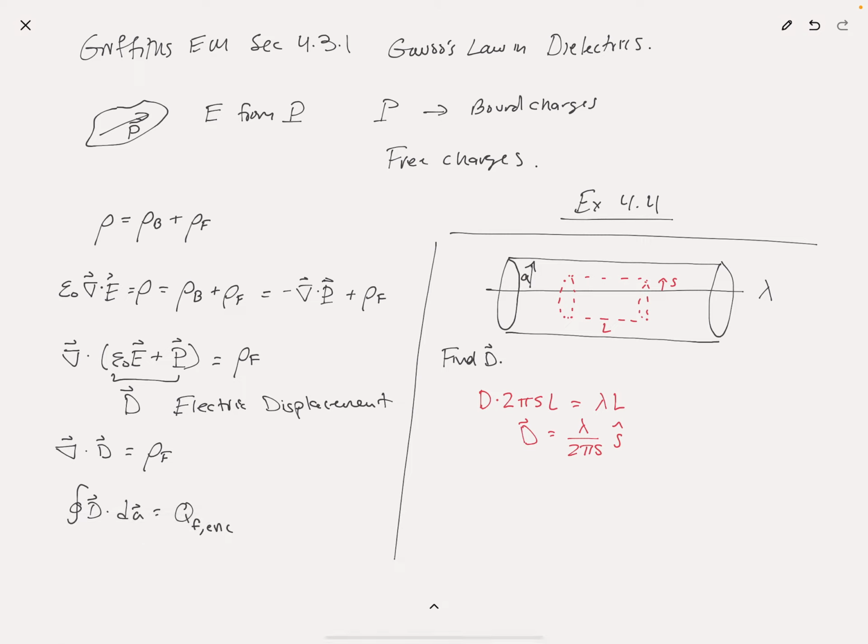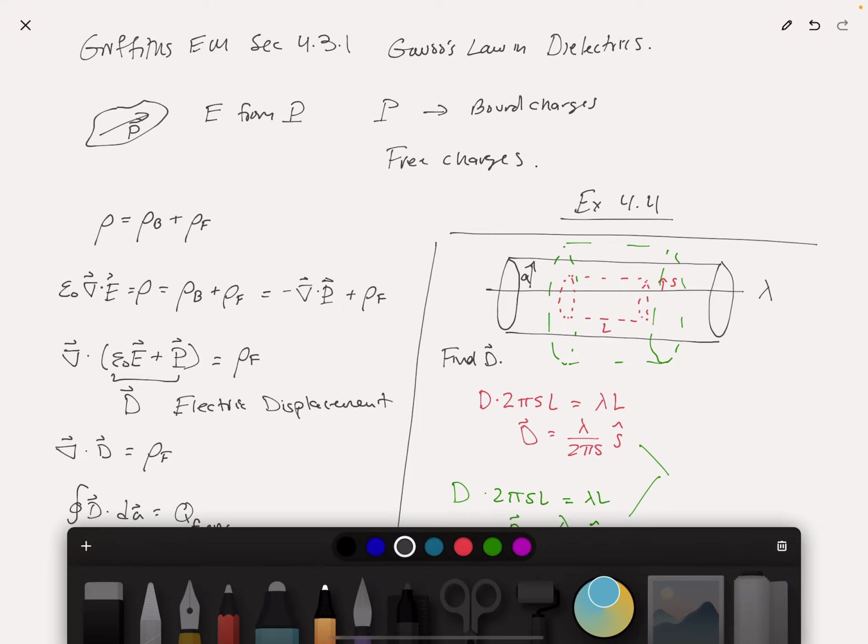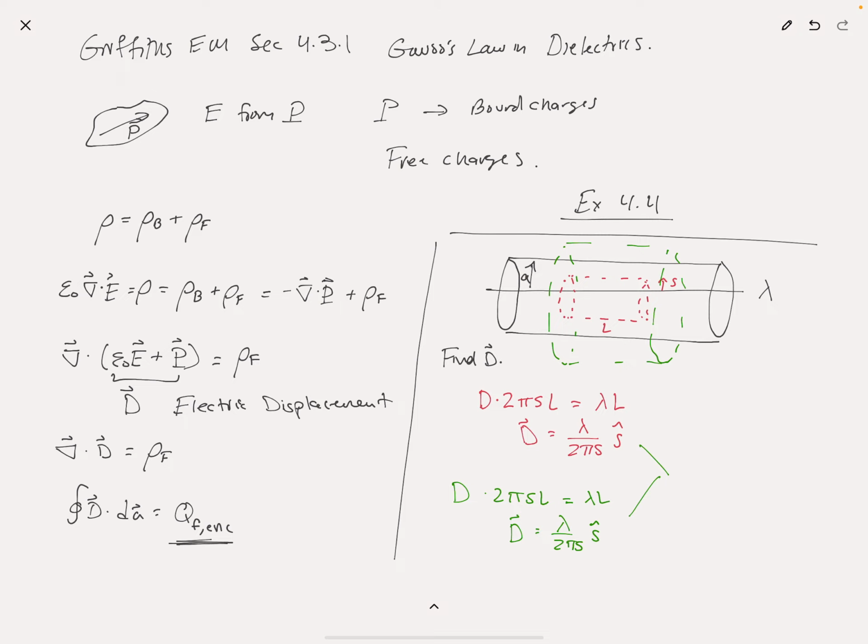Now let's do this outside as well. I get D 2 pi SL is equal to lambda L still. D is equal to lambda over 2 pi S hat. Well, they're the same, right? I think maybe that's not so surprising that they're the same, because this expression only cares about the free enclosed charge. The free enclosed charge all lives on this wire, so it doesn't care about the polarized object itself. The electric displacement is the same